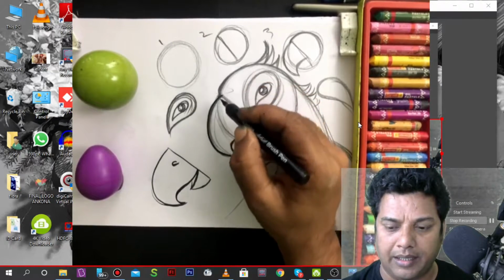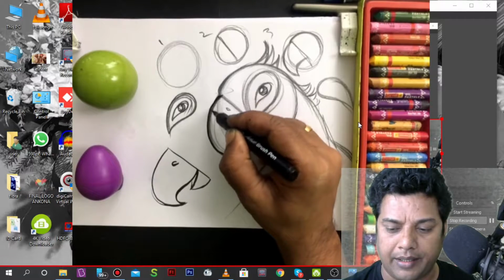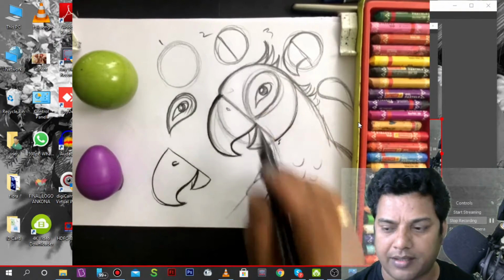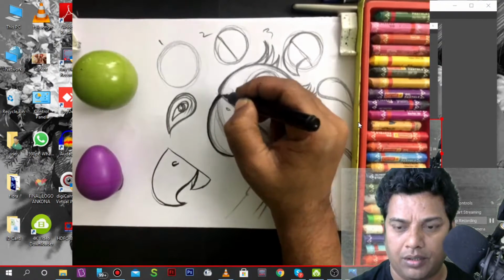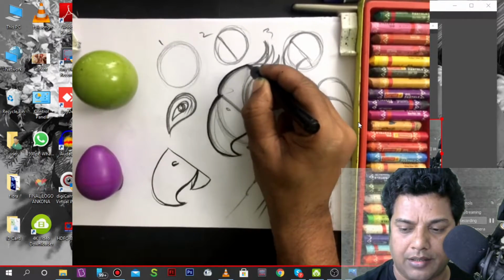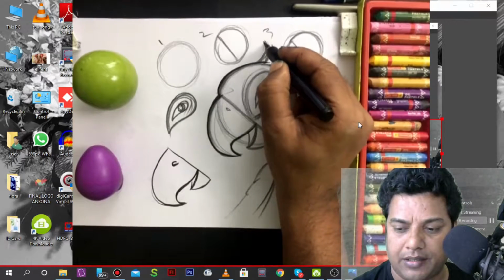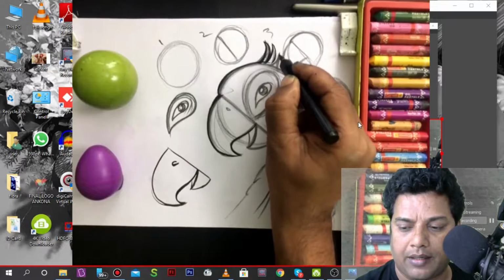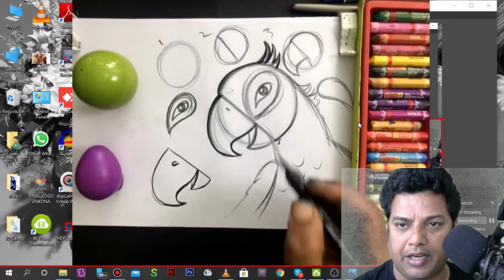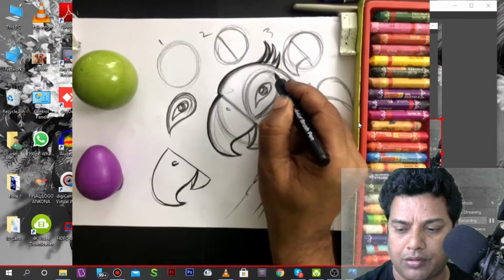Yeah, you can color. I can show color also. Okay, don't worry. Make the first outlines. Okay, here for the Rio. Create a line like this. See, this is the keep. Yeah, I can use a black color crayon also.